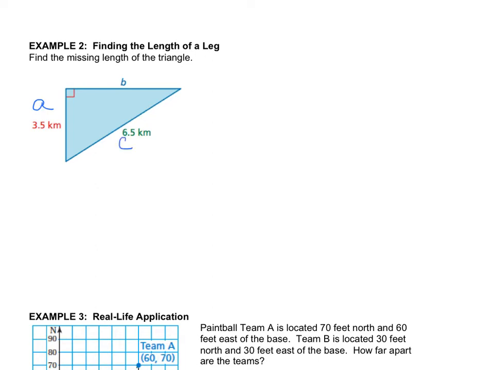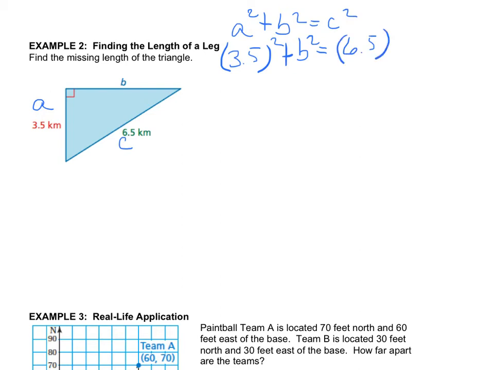So what we want to make sure we do here is when we plug in our formula, a squared plus b squared equals c squared, because we have the right triangle, we want to make sure that we are using the right information in the right spots. The b is the one we're looking for this time. So notice how the 6.5 goes to the right side because it is the c. The hypotenuse has to be squared by itself,